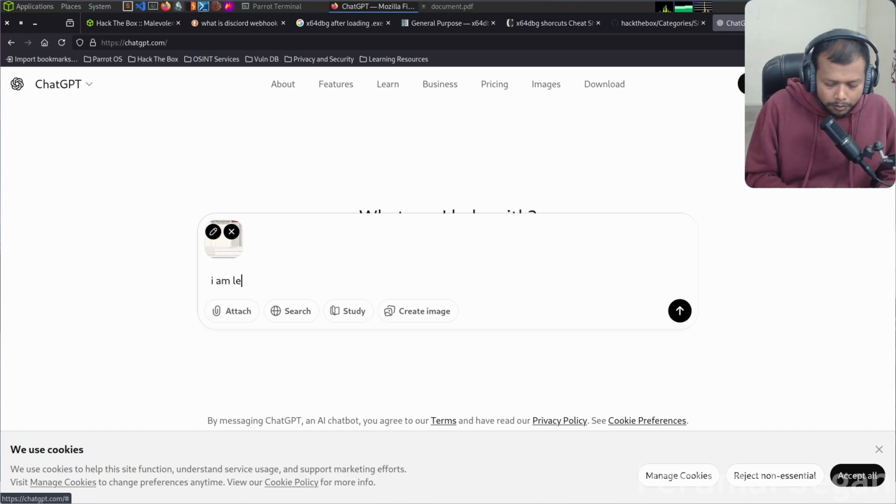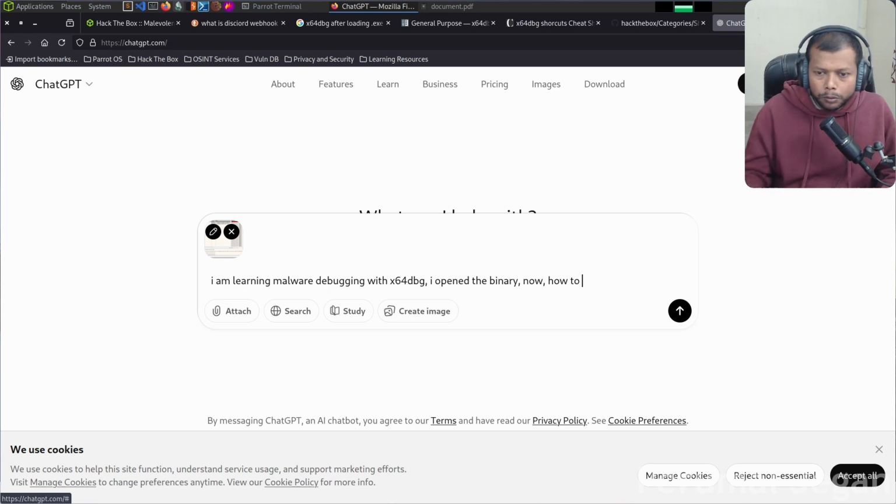I am learning malware debugging with x64dbg. How do I open the binary? Now how to